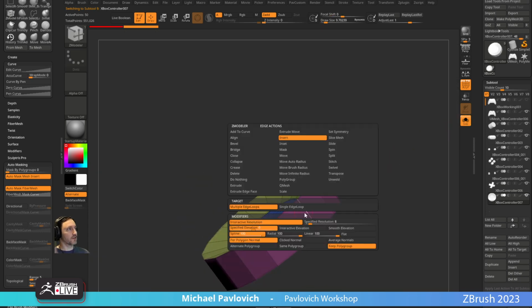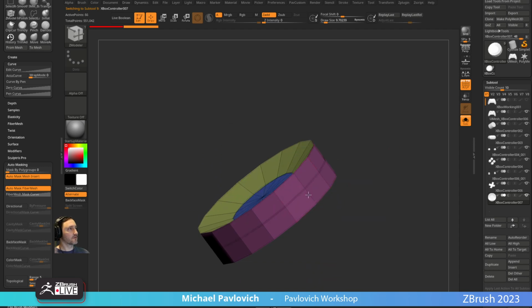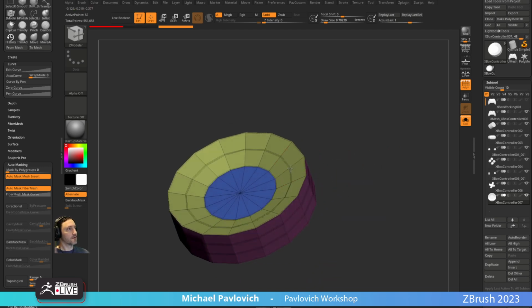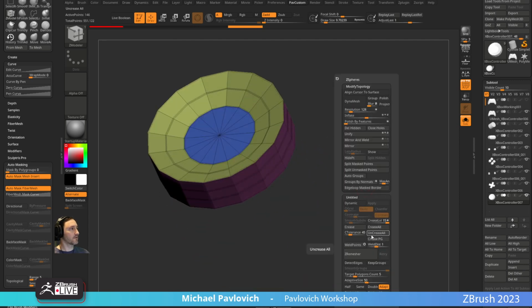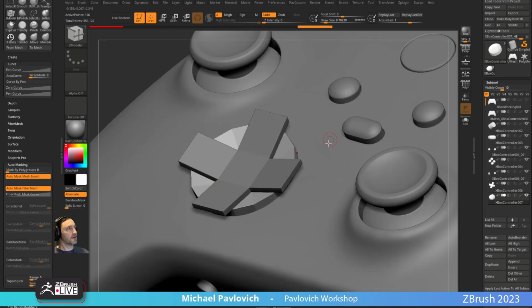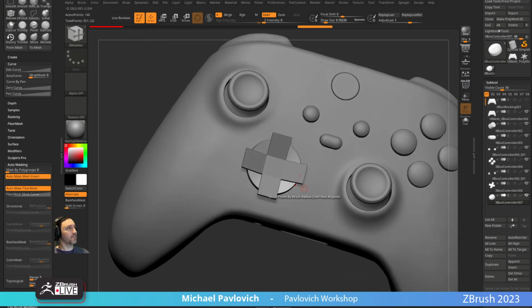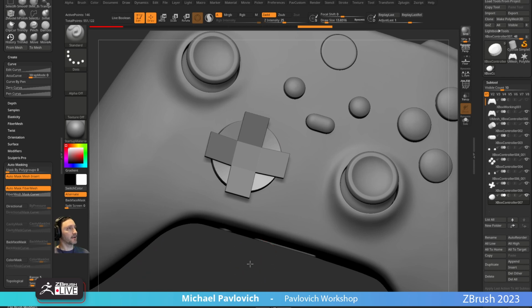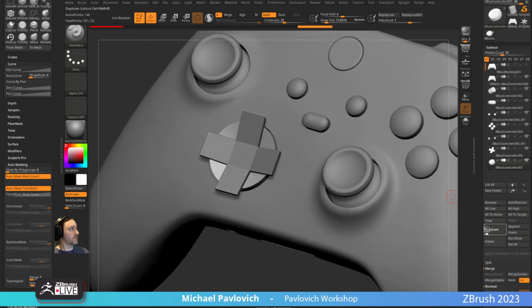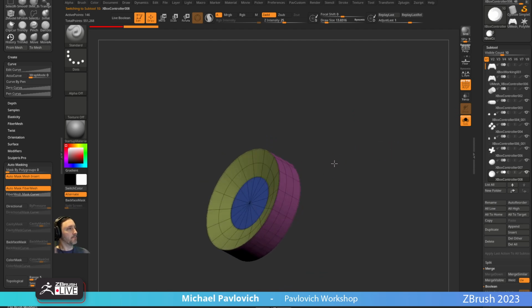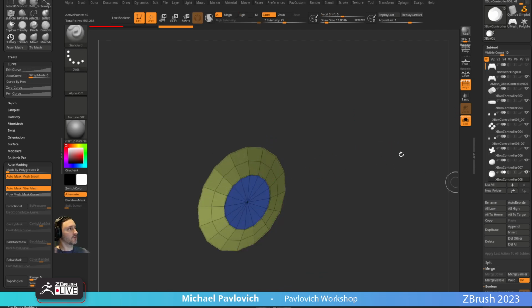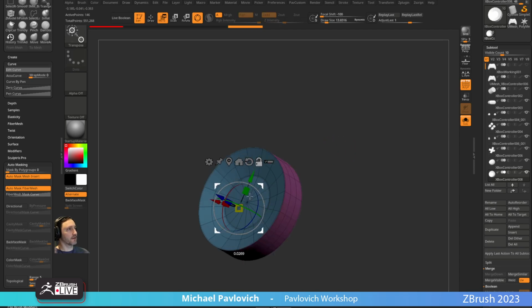Let's turn off X symmetry. Insert multiple edge loops. I'm going to just put in just a little more geo in here. Uncrease all, crease PG. Okay, dynamic. So now, let's do this. So we have this object here. I'm going to duplicate this off. We can do a difference mesh, I think. Control Shift Tab on our duplicate, make this all in polygroup so I can hit W,